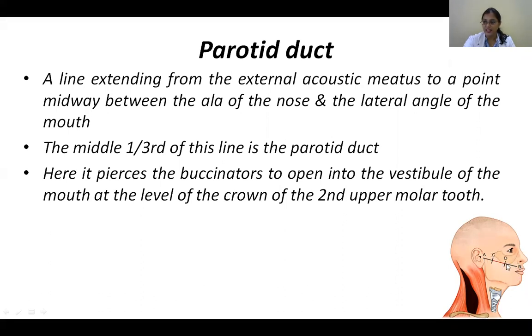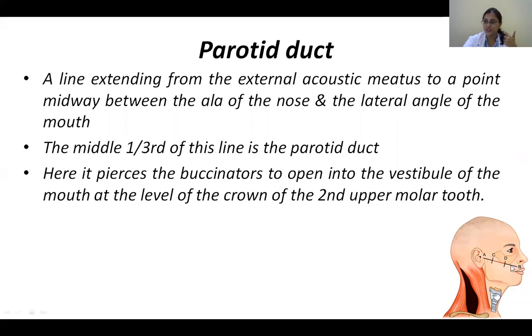You draw a line and this middle 1/3. So they're making it into 3 parts. So the mid 1/3, mid part is the location of the parotid, because here is all what? You've got a parotid gland. Then the duct. And why it is not up to here? Because it will go deep, pierce the buccinator and open into your oral cavity. Okay, because parotid is one of your major salivary glands, and stimulation of that gland produces saliva. And that has to go towards your oral cavity, into the vestibule it opens.